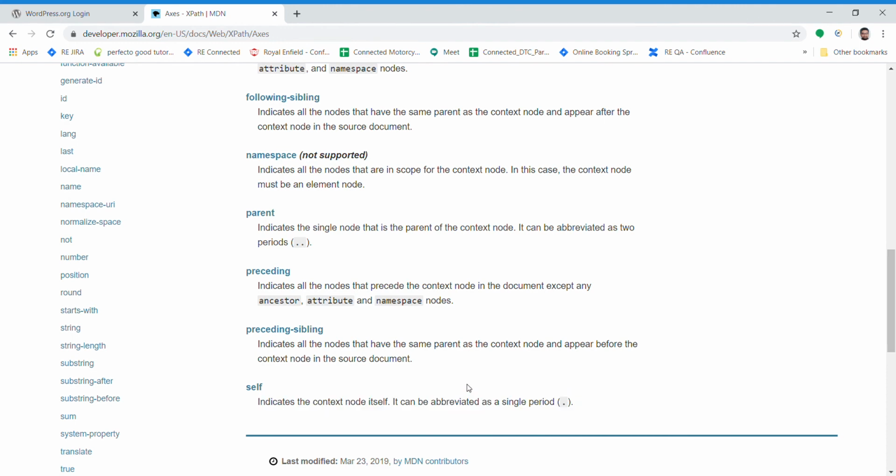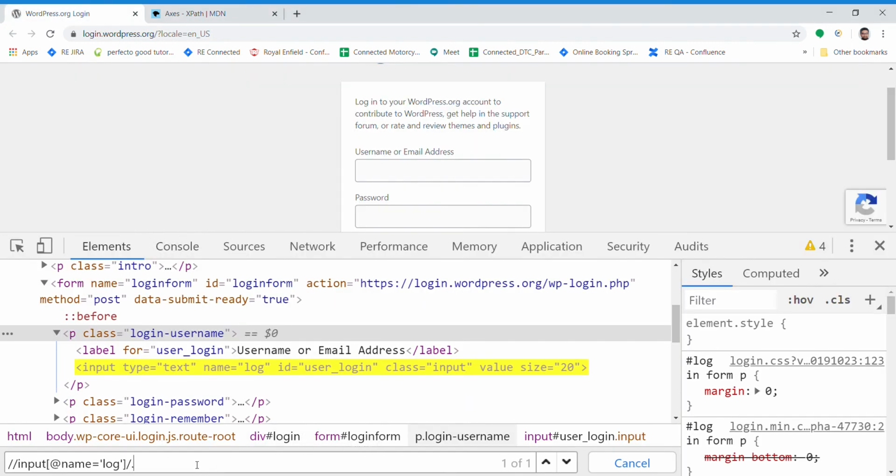Now I have just noted down the possible combinations of finding XPath using these XPath axis methods. Okay, so as I mentioned, the root node, the context node. If you want to identify the self node, just use this method. Now the XML tree structure is just like a folder structure. Like you have child, then parent, then other parents, the child of child, siblings, right? So if you wanted to go one step up, which means you wanted to go to the parent, just use one more dot, and boom.